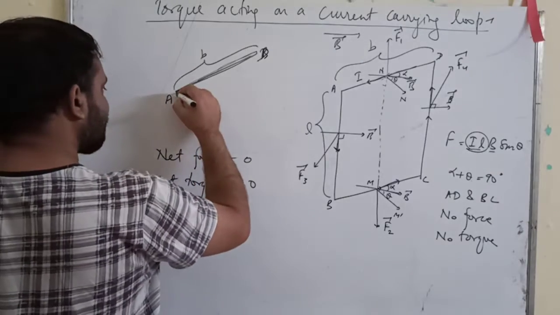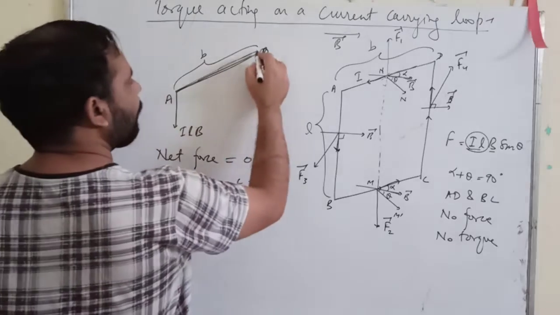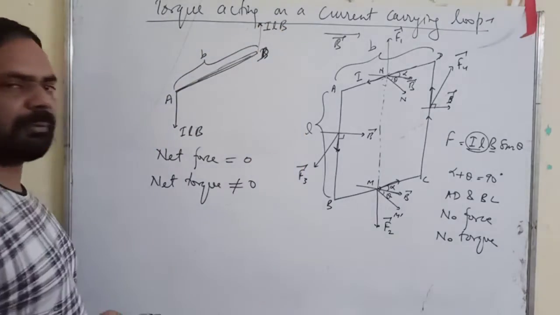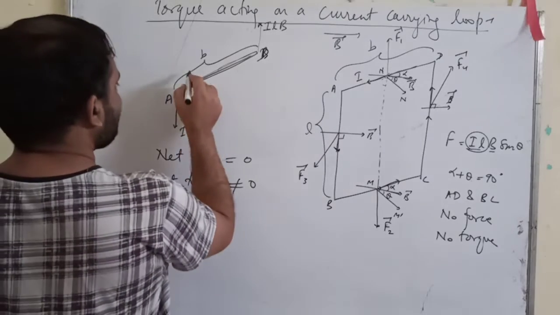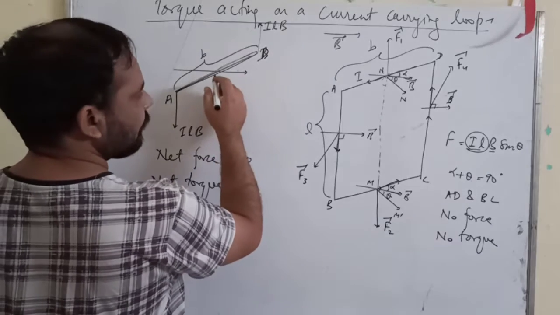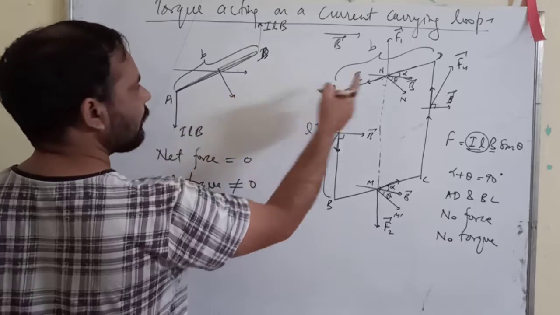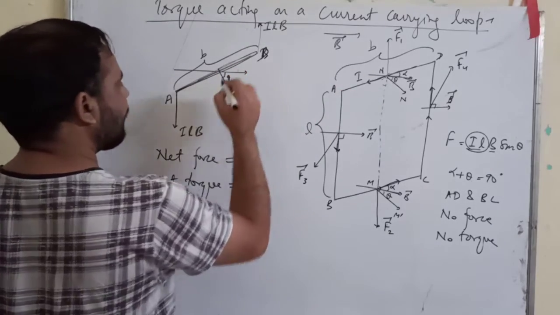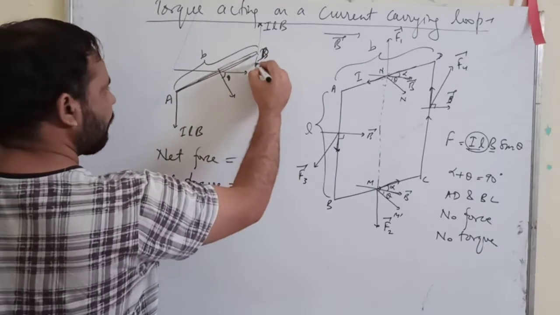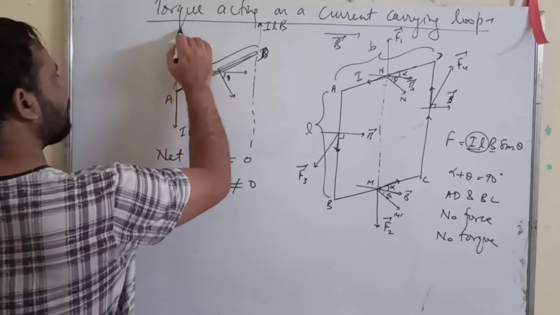The force is in one direction, and how much is that force? ILB. How much is the force here? It is like this, ILB. The forces are like this. The direction of the magnetic field is this, and the angle between these two, we can draw a perpendicular, this one n dash, this angle is theta. Now these are my lines of action. The line of action of this force is this, the line of action for this force is this.